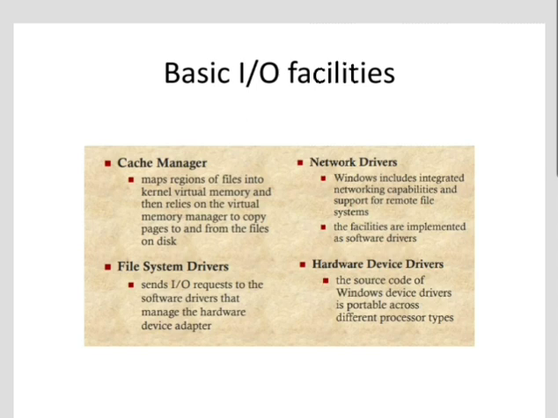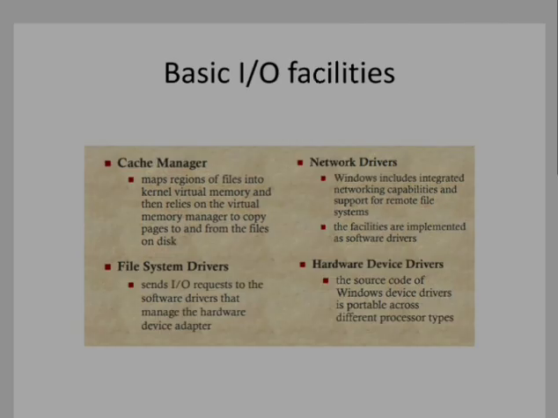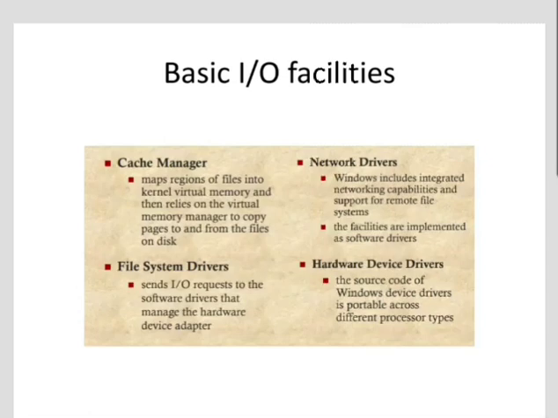We have already seen block oriented and stream oriented. Block oriented means information is stored in fixed size blocks and transfers are made a block at a time, and it is used for disks and USB keys. For stream oriented, the information is transferred as a stream of bytes. It is used for terminals, printers, communication ports, mouse and other pointing devices, and most other devices that are not secondary storage.